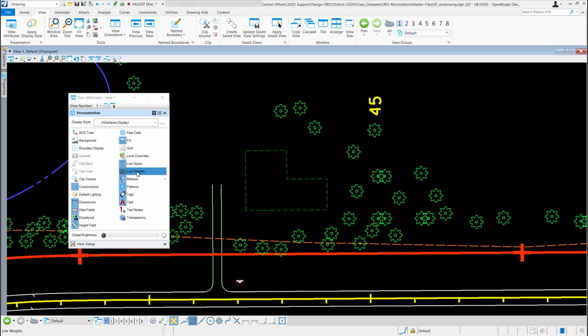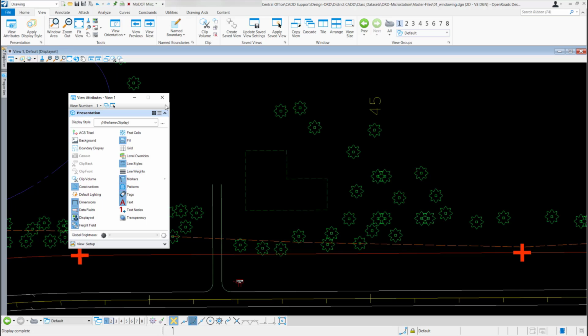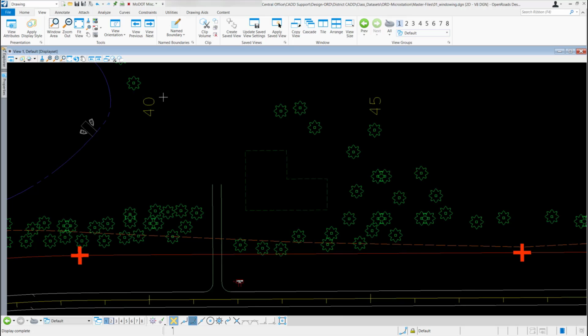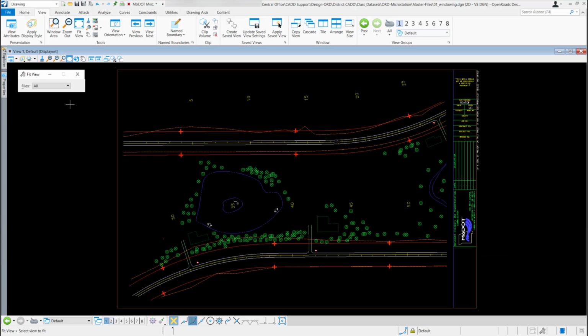So I'm going to come back and turn off my line weights, close my view attributes, and come back up here and do a fit view. And so now if I wanted to apply that save view I created, I can just come to this third tool called Applied Save Views. So now you have your applied save view dialog, and there's this down arrow where you can pick from your saved views. I only have my line weight save view, so if I select it,